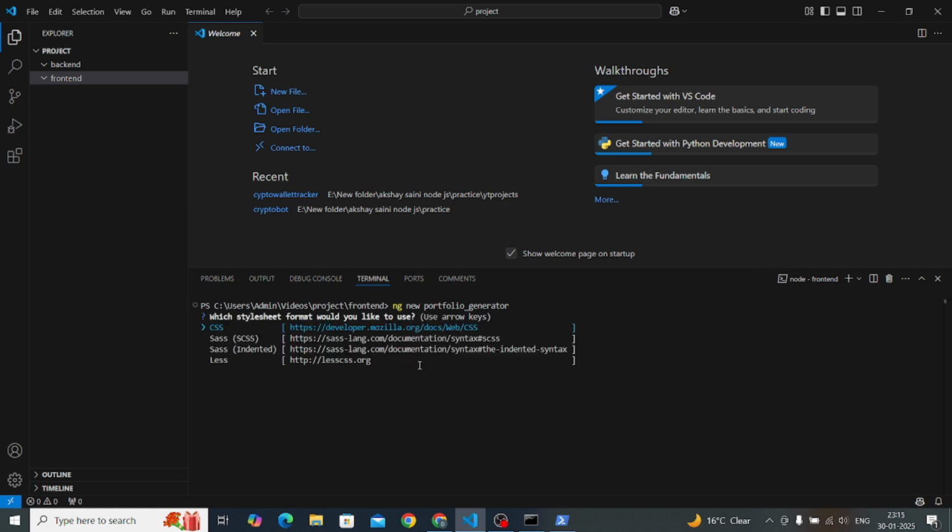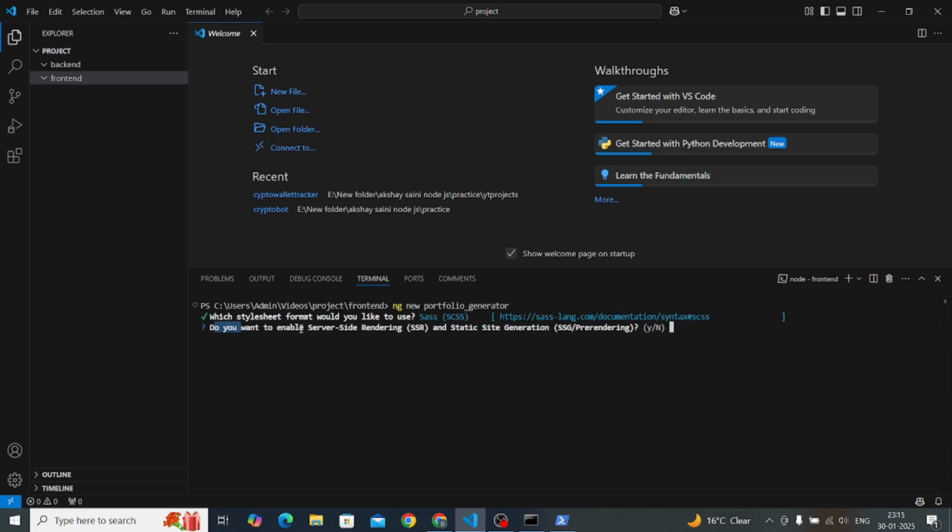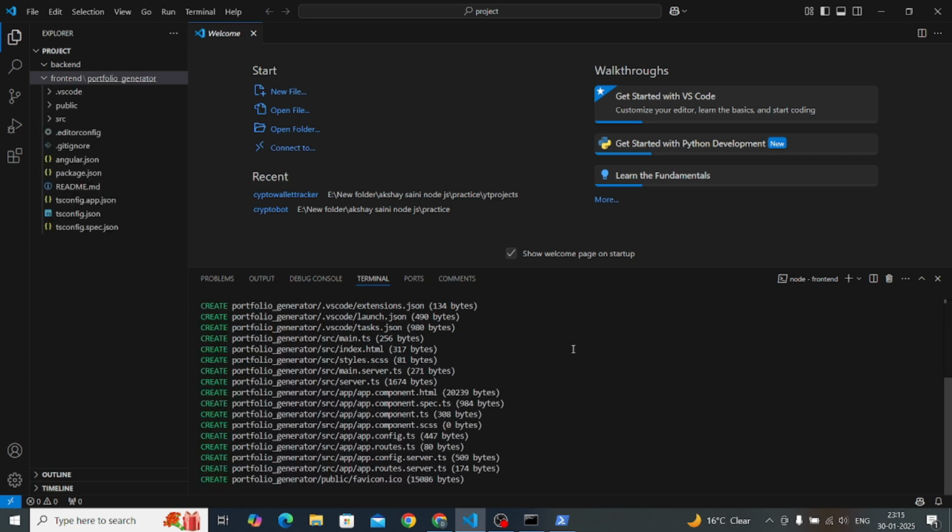It is asking which style sheet format would you like to use. Of course I will be using SCSS. And do you want to enable server-side rendering? Let's keep it yes. Would you like to use the server routing and app engines? Honestly speaking, I don't know much about that. I am just saying yes. Our project is created,